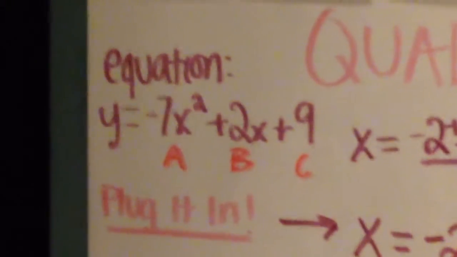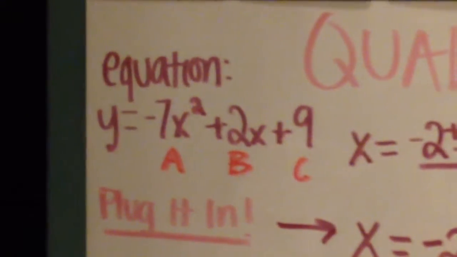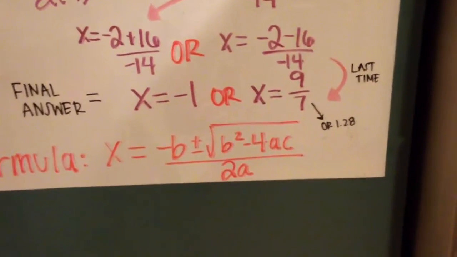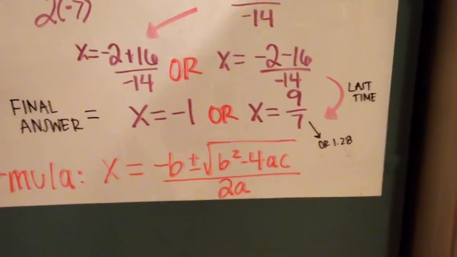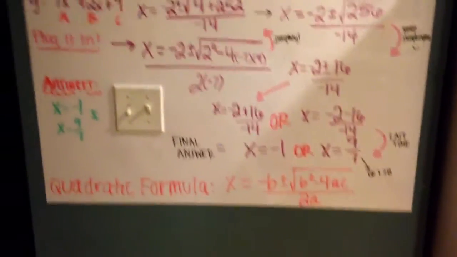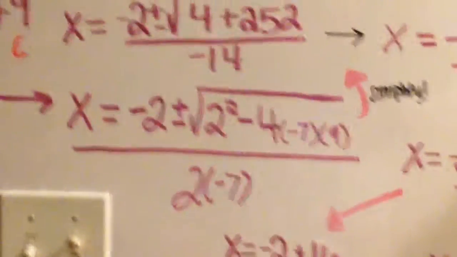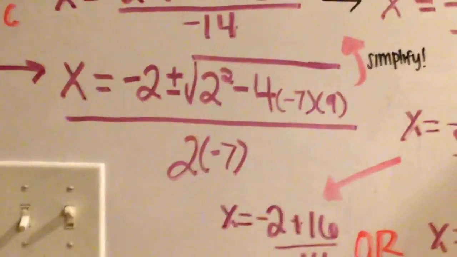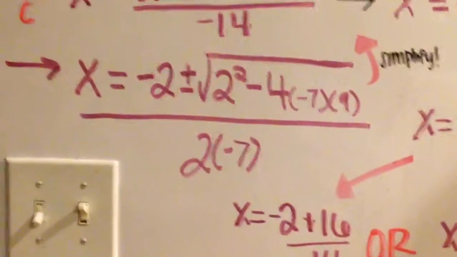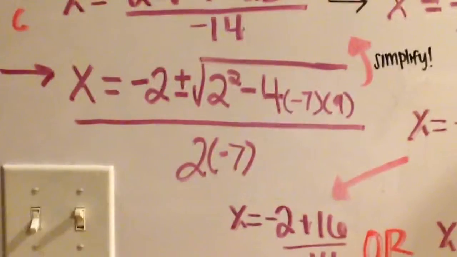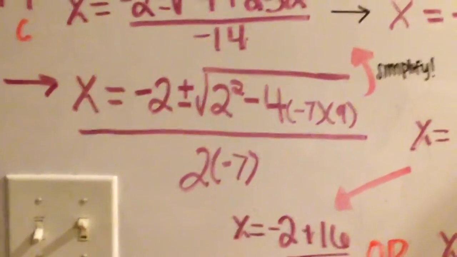To find the answer to this equation, you plug the a, b, and c values into the formula. x equals negative b plus or minus the square root of b squared minus 4ac, divided by 2a, which is the quadratic formula. So, once we plug in the a, b, and c values, our equation would be x equals negative 2 plus or minus the square root of 2 squared minus 4 times negative 7 times 9, over 2